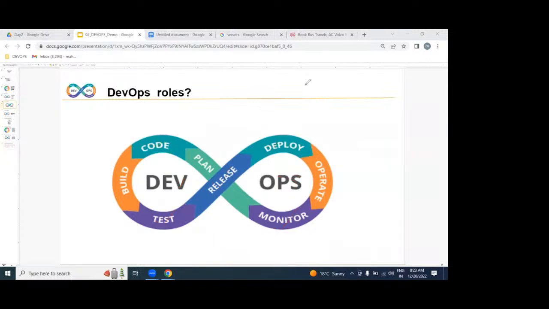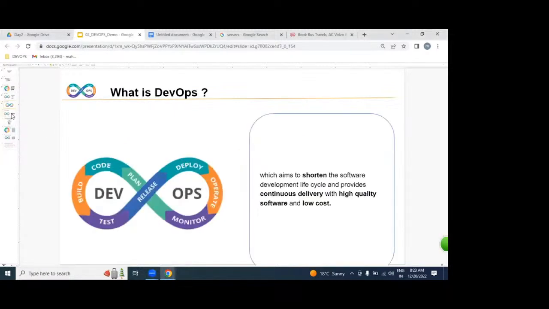That means, are we going to be writing any code? Are we writing any test cases? No, we are not writing any code. We are not writing any test cases. We are just implementing an automated DevOps process from the dev environment to the production environment. That is exactly our roles and responsibilities. What is DevOps? Is DevOps a technology like Java, .NET, Python? No. DevOps is a process which you implement from the dev environment to operation.